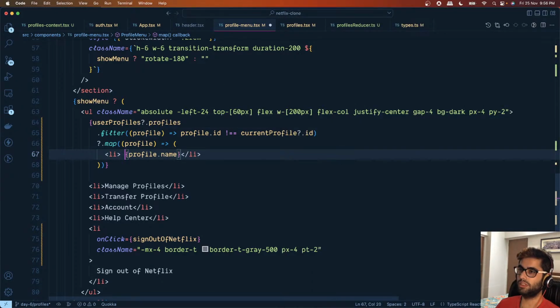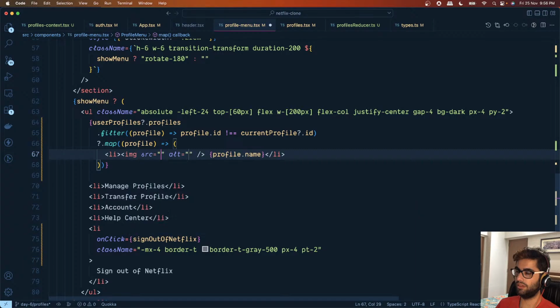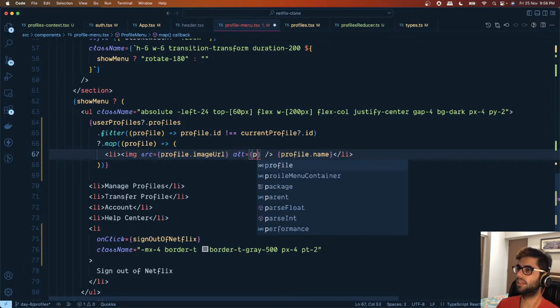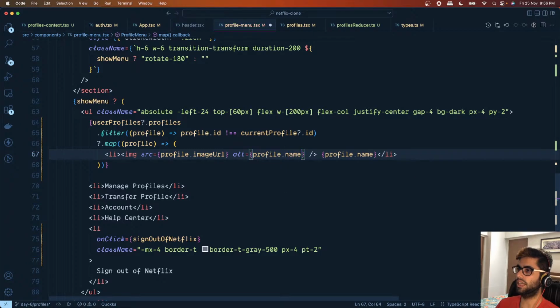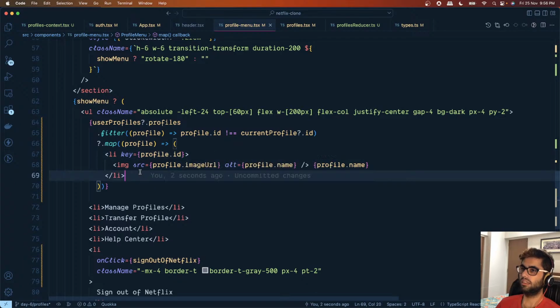And let's also display, let's do one thing. Let's show image over here. The source is nothing but the profile dot image URL. Alternate for this is the file dot name, and the key is going to be profile dot id. Okay,